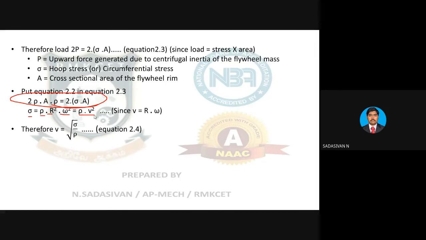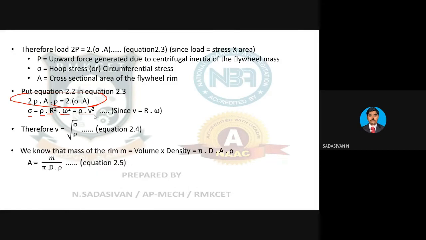Two things you have to remember. One thing is velocity. Why are you worrying about velocity? There is a particular speed above which you should not go for operating a flywheel. If you go beyond that, your centrifugal force will increase and your flywheel will undergo fracture. You will be doing an experiment called whirling velocity of a shaft in dynamics lab. The disturbance creator will make your flywheel fail because of the centrifugal force. So that critical velocity is square root of sigma by rho.